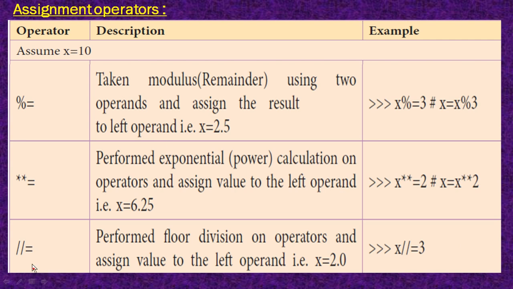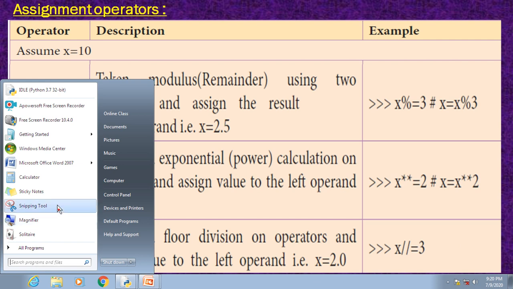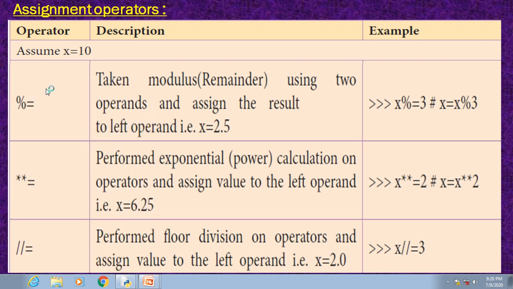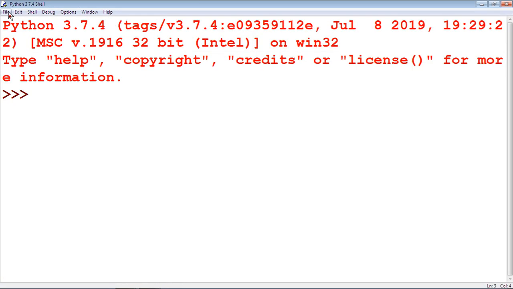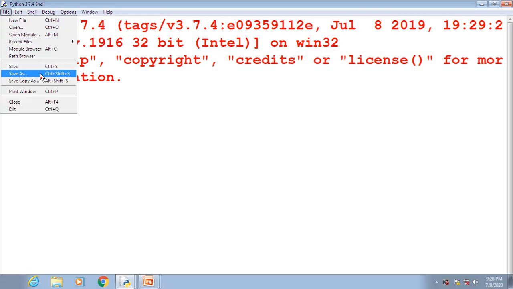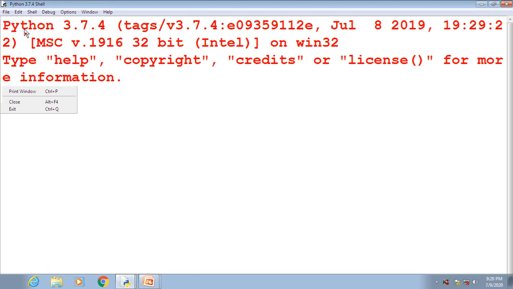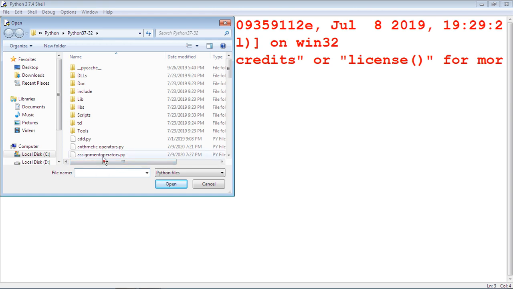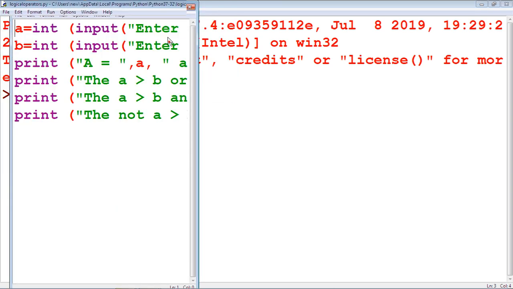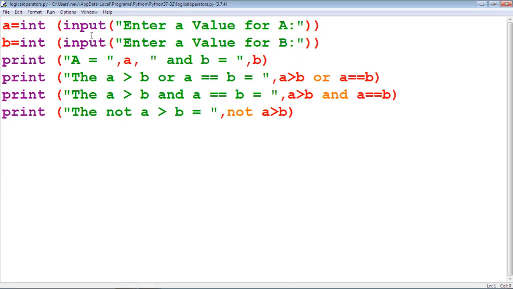Here is one example for logical operator and assignment operator. First we are going to see the logical operator. Here the A and B values are given by the keyboard.